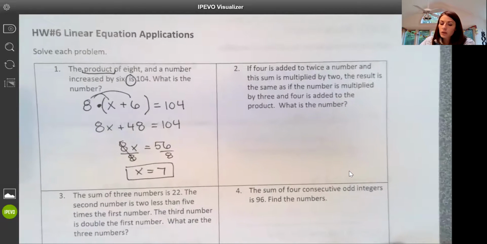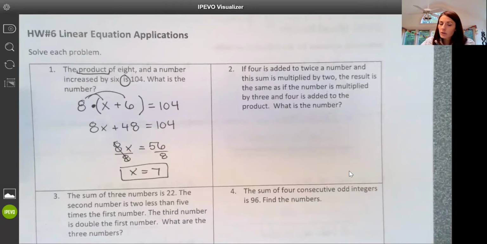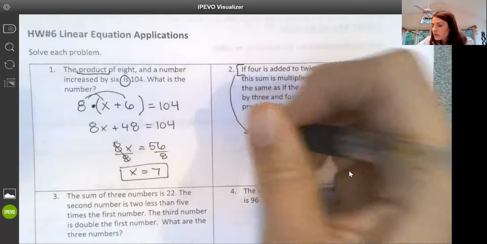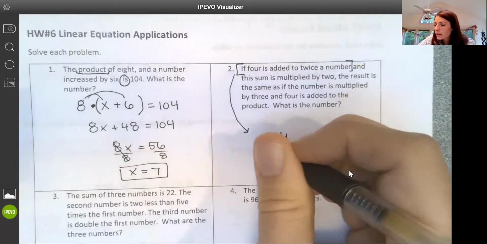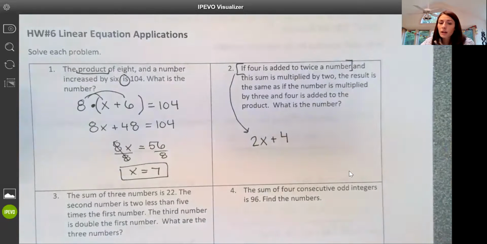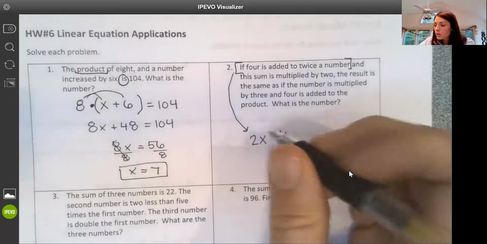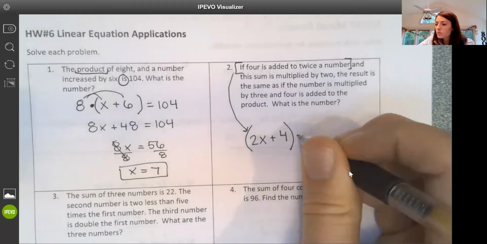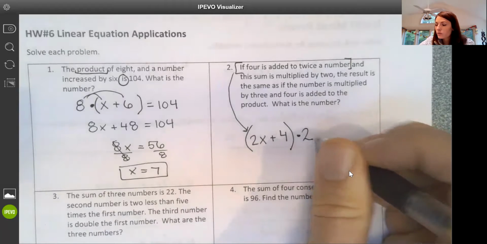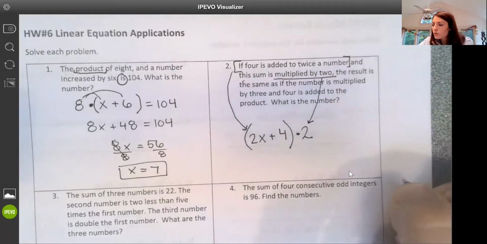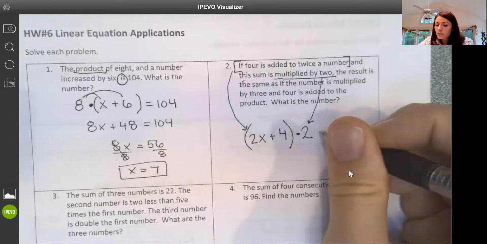Looking at our second example, this is also going to have parentheses. So it says if 4 is added to twice a number. So let's take this piece here and write that. So if 4 is added to twice a number, and remember that a number, that's our variable. Okay. So we have if 4 is added to twice a number, and this sum, so this entire thing is multiplied by 2. Okay, if this sum is multiplied by 2, that's right here, the result is the same, so that's our equal sign,